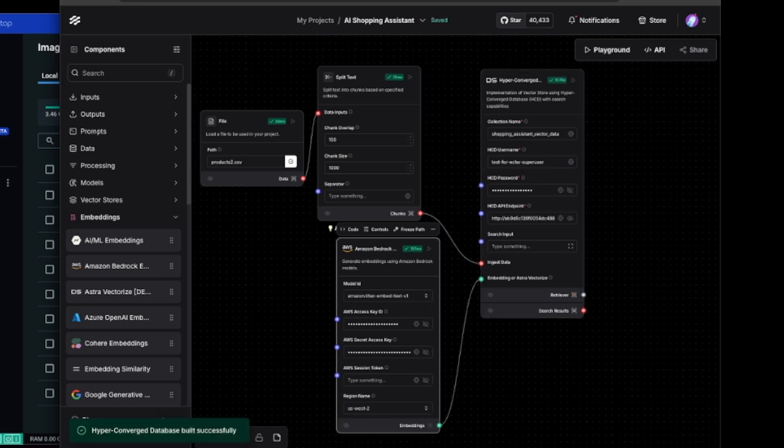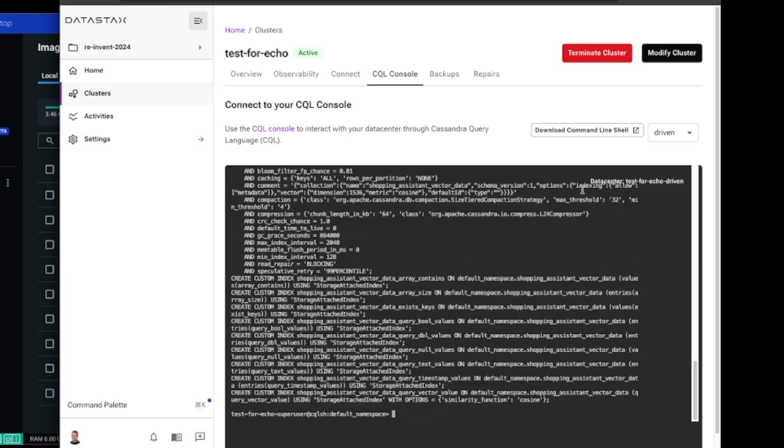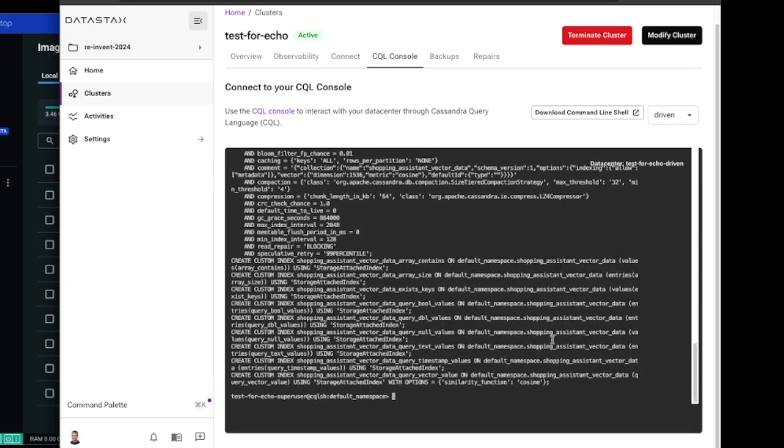Okay, that completed successfully. So now we're here, and I can just redo the desc keyspace command, and you'll see it has created this new table called shopping assistant vector data, which through the Data API is known as a collection. You'll notice it has all of these custom indexes on it to help with the vector search